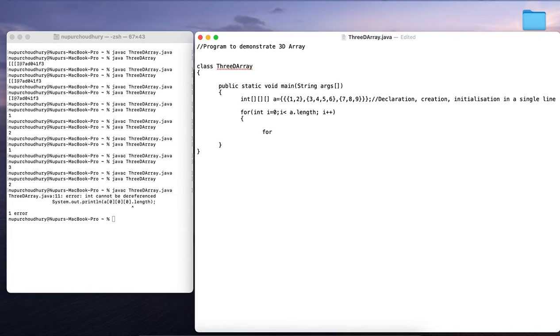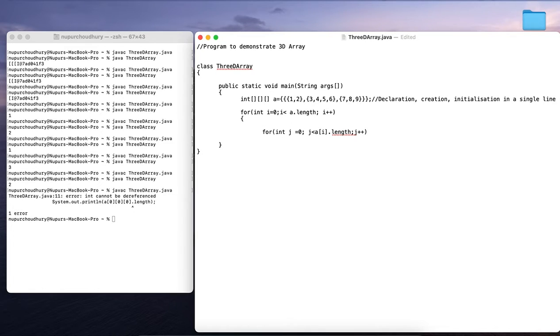If it is true, it will enter the next loop, which is int j is equal to 0, then j less than a of i dot length. I got auto corrected here. And then j plus plus, since this is the jth loop.